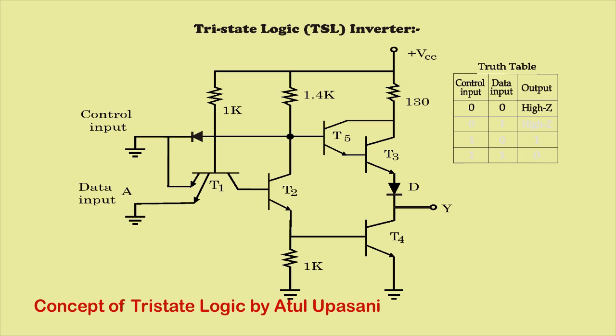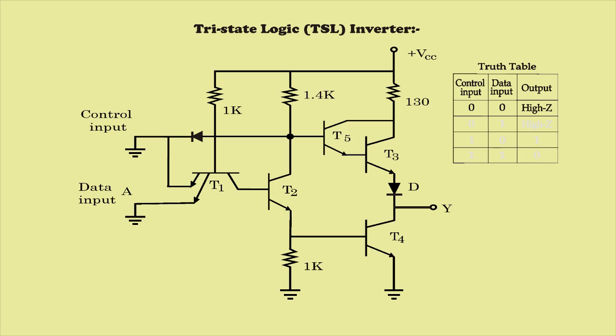So if transistor T1's collector has no current, there will be low output at the collector of transistor T1, and T1's collector is connected to the base of transistor T2. If the base of the transistor has low input voltage, then this transistor T2 will be off. So if it is off, no current will flow towards the ground through transistor T2. So in this way, if no current is flowing towards transistor T1, there will obviously be low voltage at transistor T4.